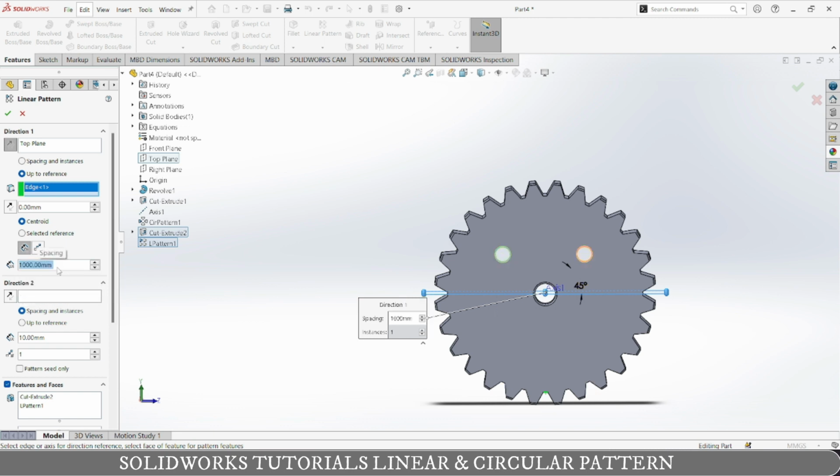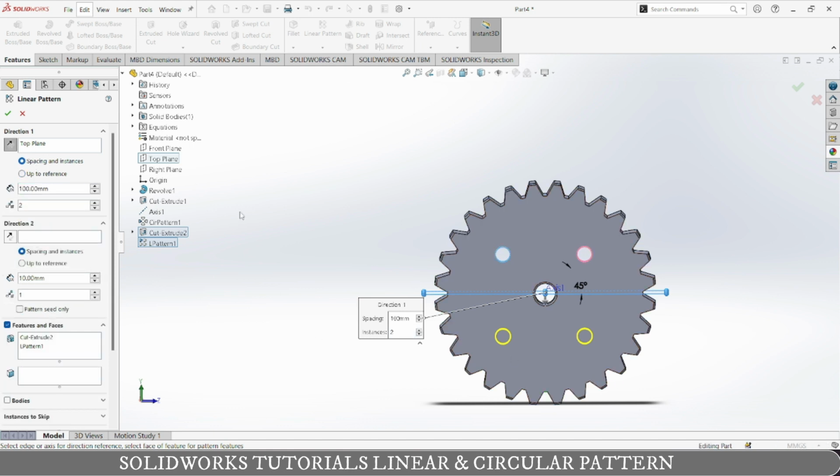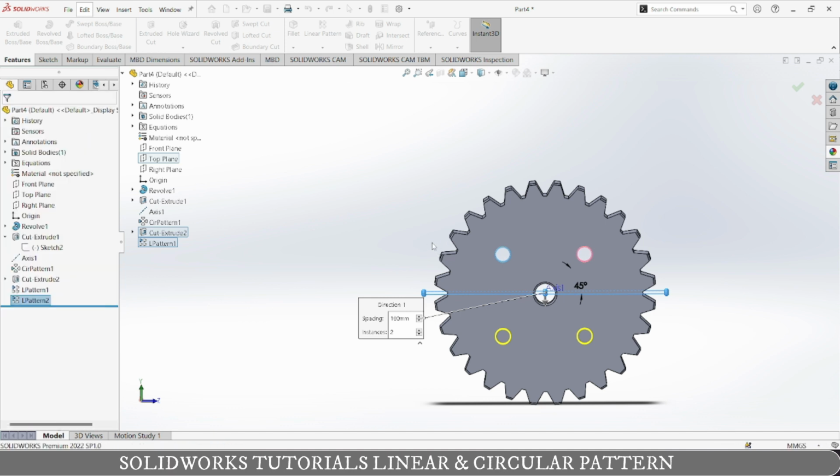but in equal spacing. Now how many holes you can create from this reference to this reference, if you give this much distance, up to some references. Now spacing in instances, so I have given spacing 2 instances and 100 is my spacing. Okay,